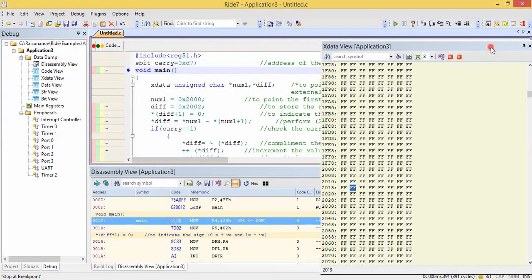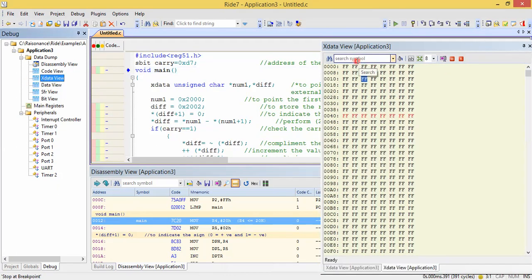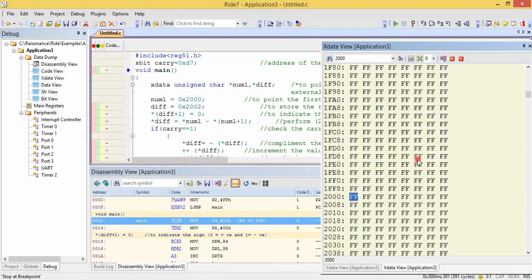So here you can see this X data memory view, and we need to access the content of 2000. So we'll write 2000, and we'll take the previous example, that is, 2000 is loaded with 02. Double click on that particular portion, and 2001 is loaded with 4.